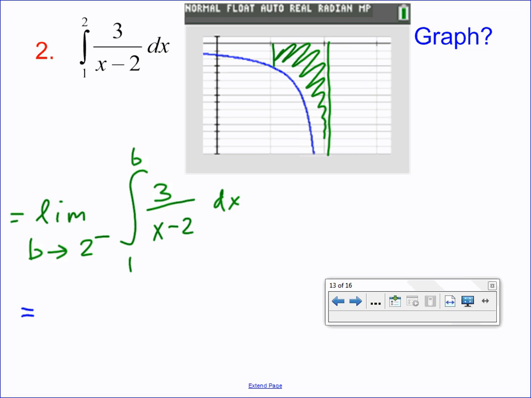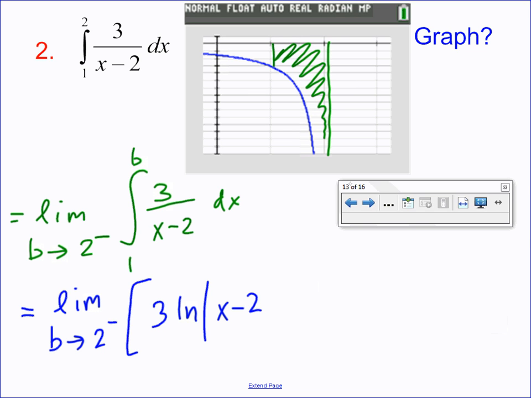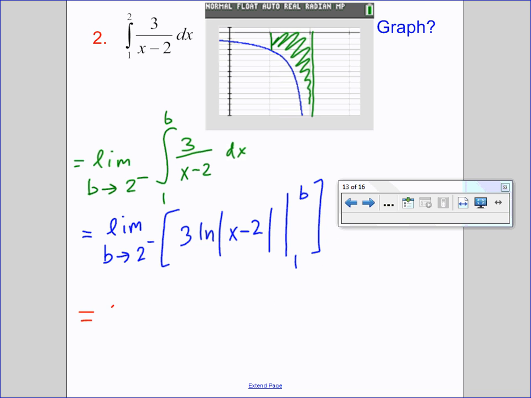That in turn equals the limit as b goes to 2 from the left of, can we find an antiderivative for that? I hope so. Oh, yeah. 3 ln absolute value x minus 2, those bars evaluated from 1 to b. And that in turn is the limit as b goes to 2 from the left of